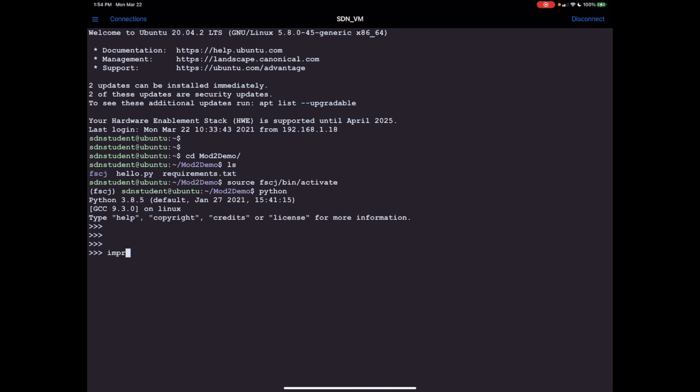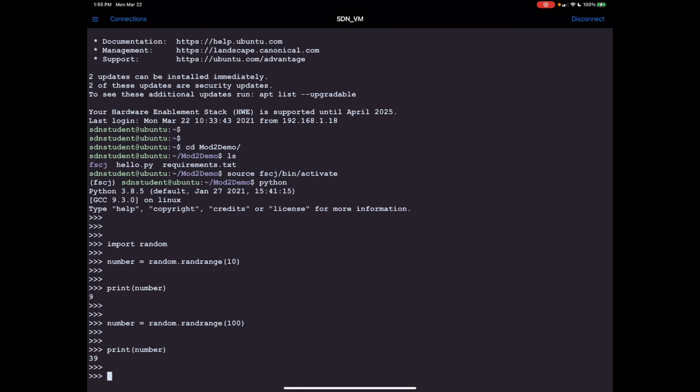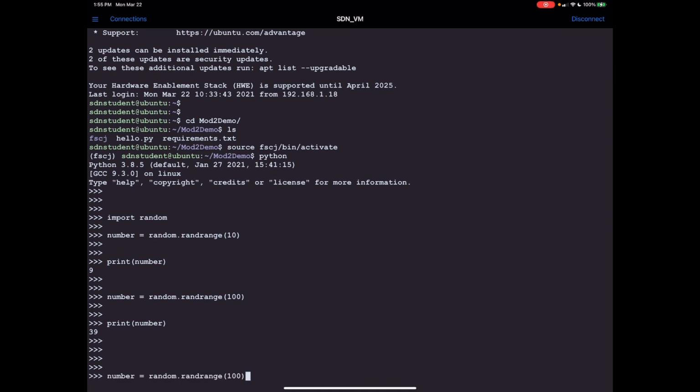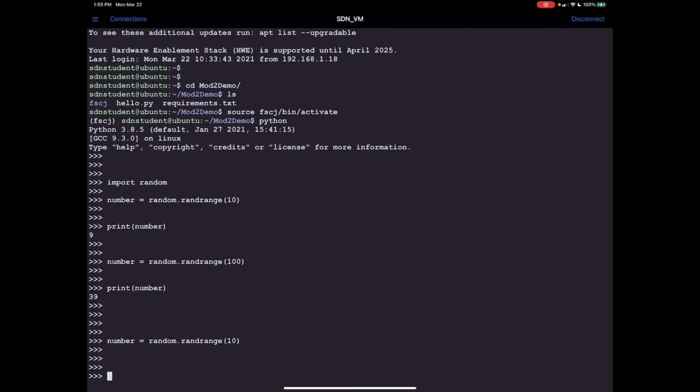All right, so we were at import random, and then I did copy, paste, and print number. It shows the number 9. But what I was going to do right now is, I could go up to 100, and then I can even do print number 39. There's a reason I only went to 10, because I'm about to demonstrate a while loop,